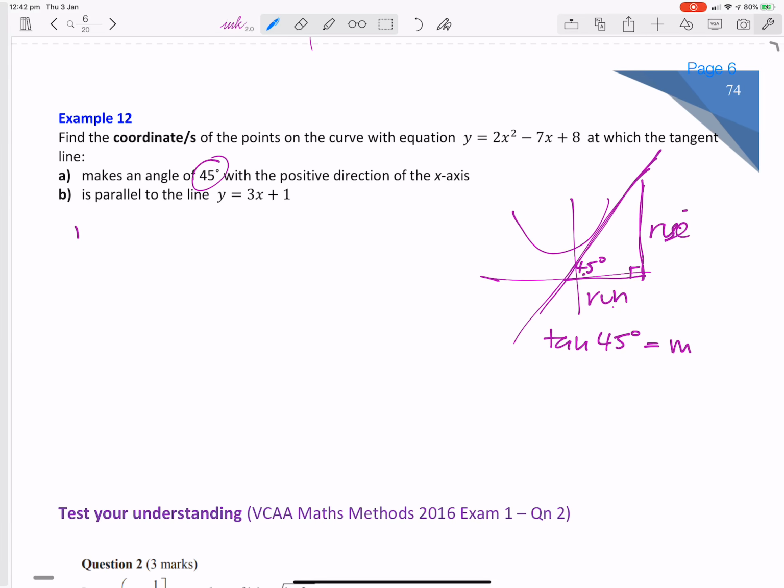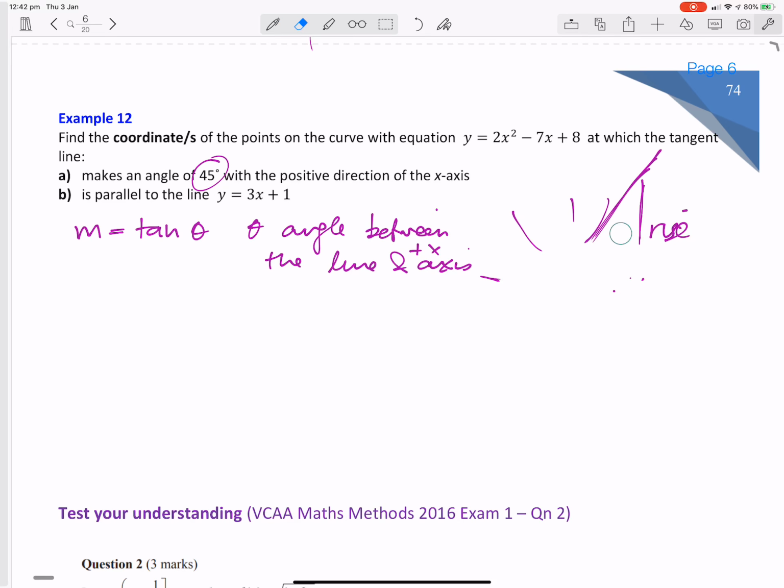In general, we can say m is equal to tan theta, where theta is the angle between the line and the positive x-axis. Okay, so knowing that,